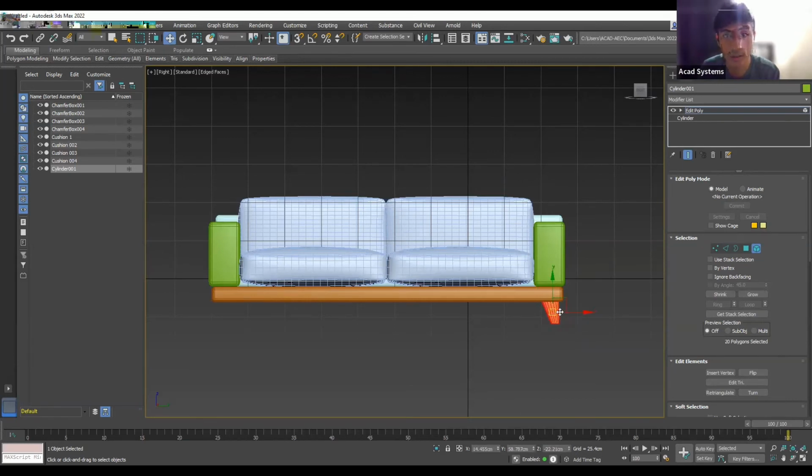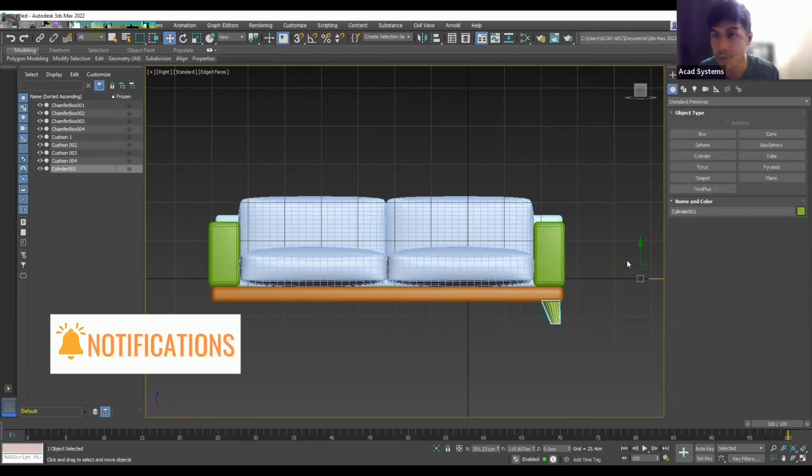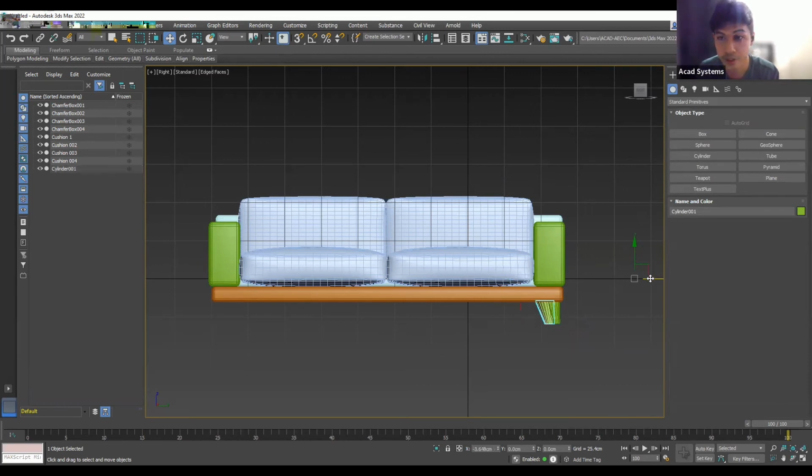Okay, shift and move, it's not working. Maybe I need to go out from this modifier and click this one, hold shift and move. I can place the other side, and then I can rotate it,